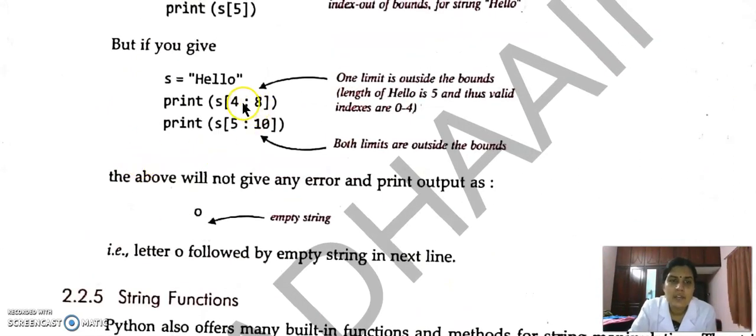Then if 4 colon 8, the limit is outside, it will be an error. 5 colon 10: 0, 1, 2, 3, 4 positions are there, the 5th position is not there. Both indexes are outside the bounds. This is known as an exception, string index out of bounds. You have heard this when doing programs, you can find this output.